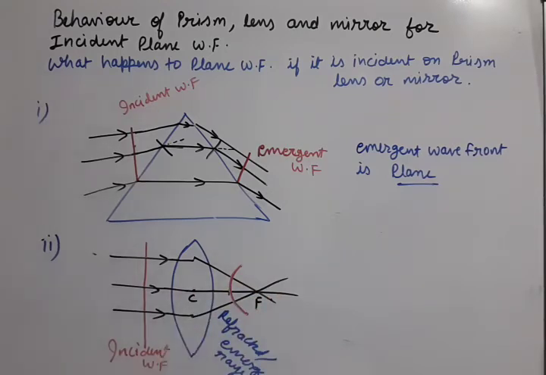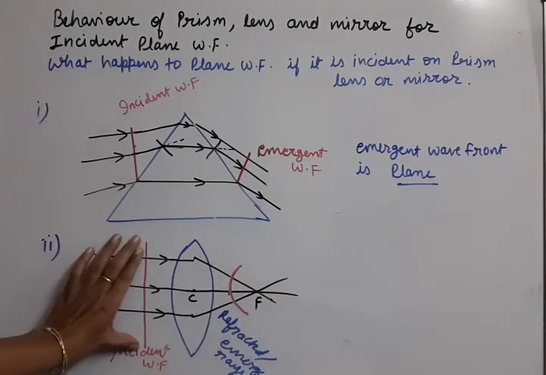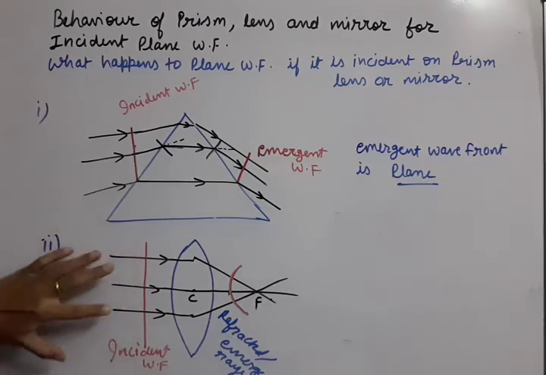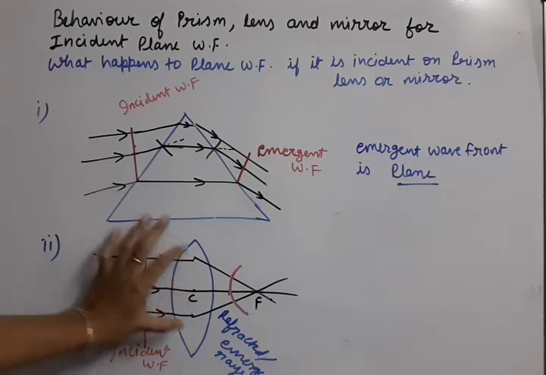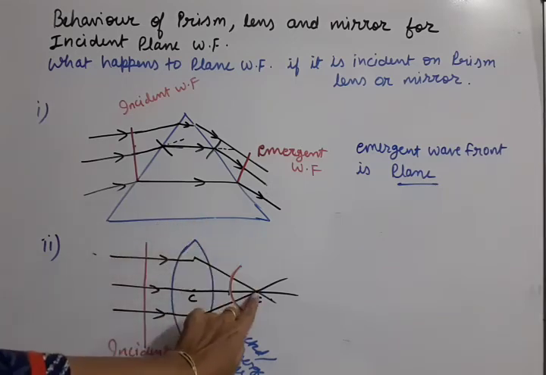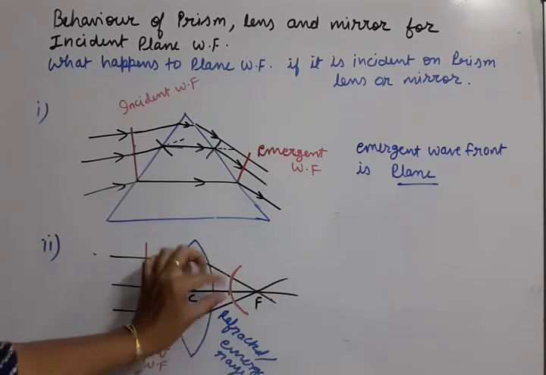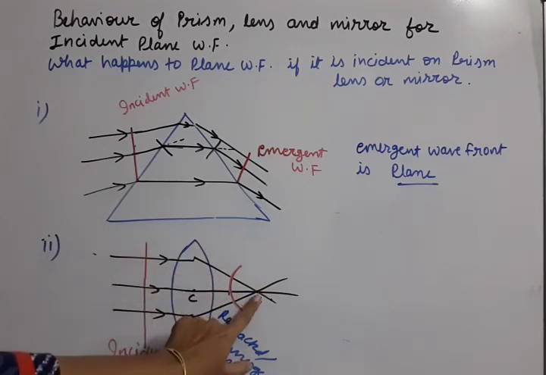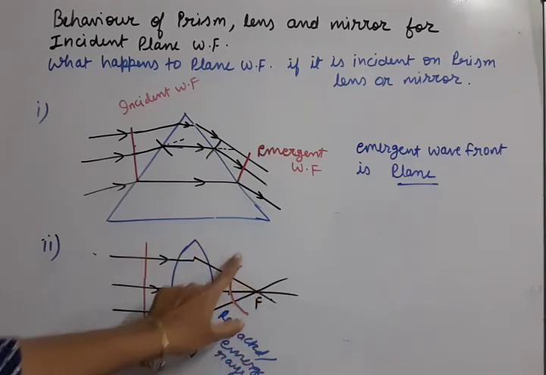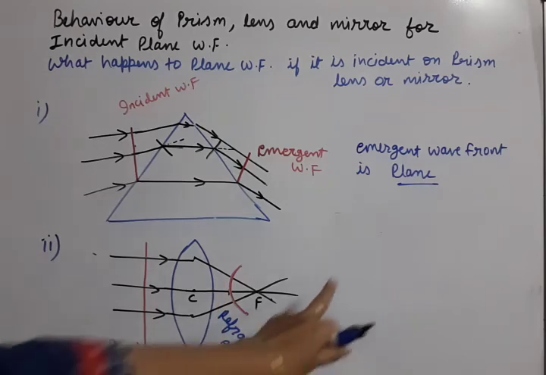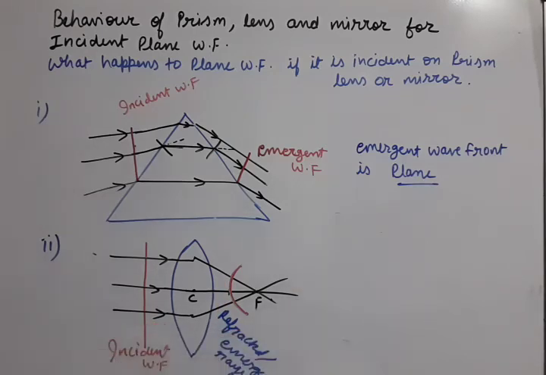ओके, सो आई थिंक यू हैव अंडरस्टूड दैट जैसे ही हमने एक प्लेन वेव फ्रंट इंसिडेंट कराया कॉन्वेक्स लेंस पर, उससे 3 रेज ली, इंसिडेंट रेज, वो कन्वर्ज हुई, कन्वर्ज होके यहाँ आ गई. इसका मीनिंग ये तीनों रेस एक ही पॉइंट से आ रही है. सो अगर किसी रेस का सोर्स पॉइंट सोर्स हो तो उससे निकलने वाला जो वेव फ्रंट होता है वो स्फेरिकल होता है. सो दैट मीन्स द आंसर इज दैट एमर्जेंट वेव फ्रंट इज स्फेरिकल नाउ.